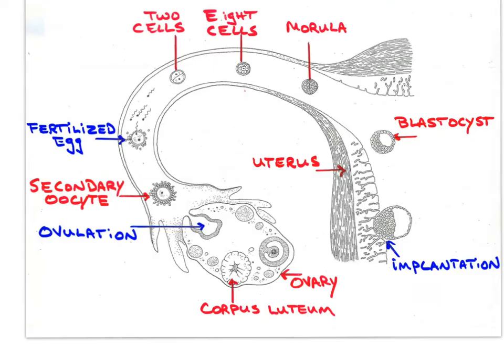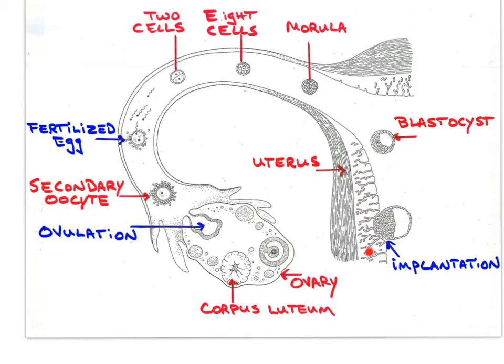Stay tuned. FSH from the anterior pituitary targets the ovary to initiate the development of a follicle, seen here, within which is the developing egg. A surge of LH from the anterior pituitary results in the release of the egg. The egg is known as a secondary oocyte, more on this later, and this is because it has not yet completed meiosis II. As well, during the 28-day menstrual cycle, the endometrial lining of the uterus, seen here, is developing